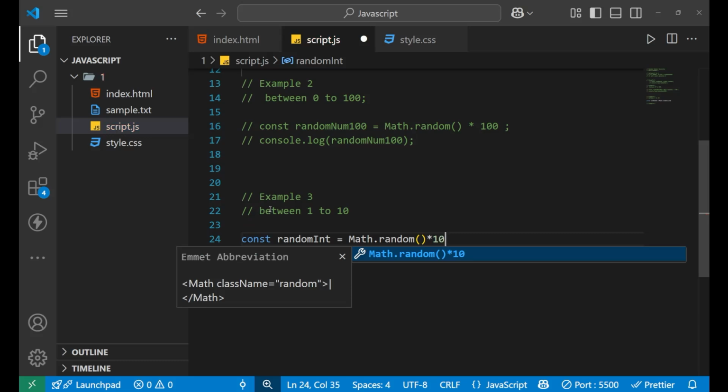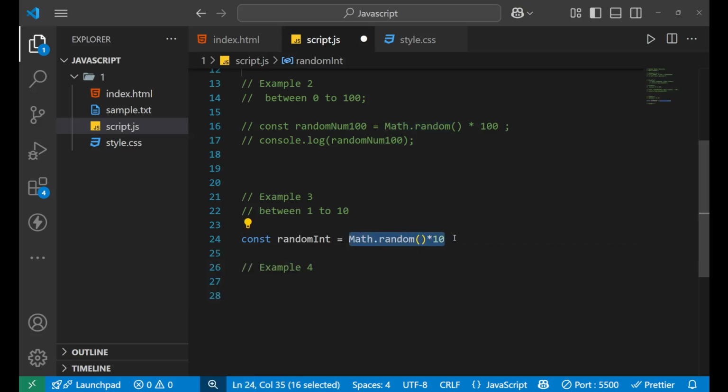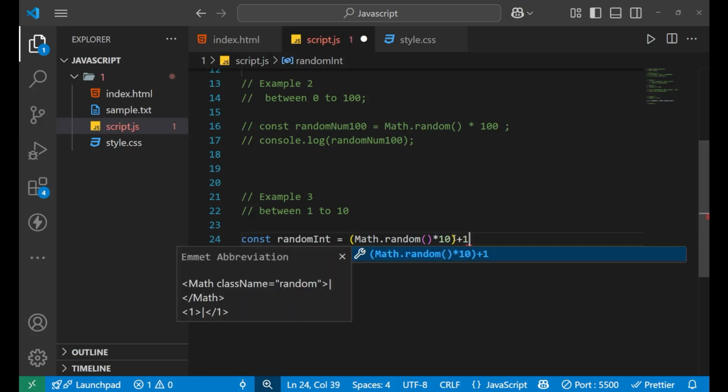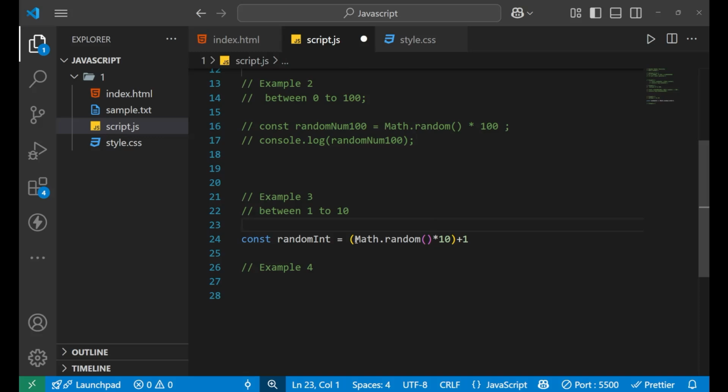Now this is something which you can think of on your own. But what's new in it is that I will put a bracket here, and then I will write plus 1.